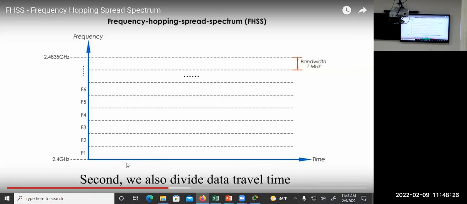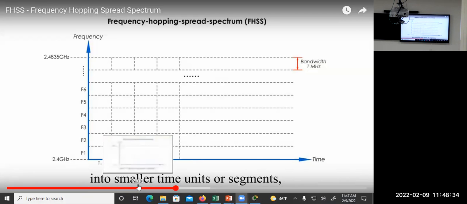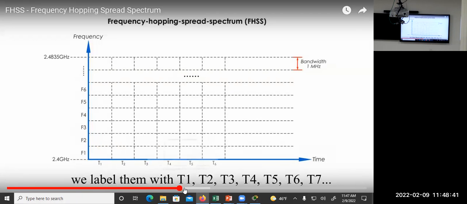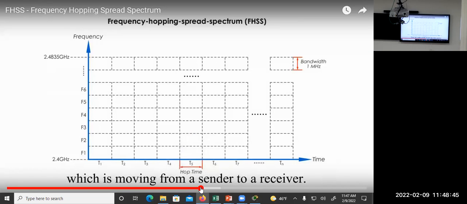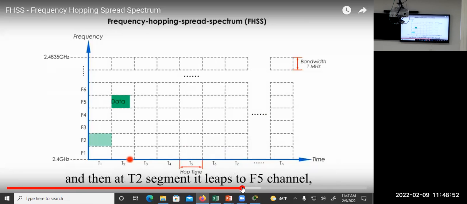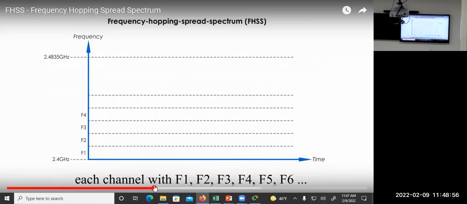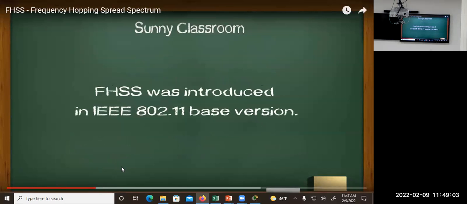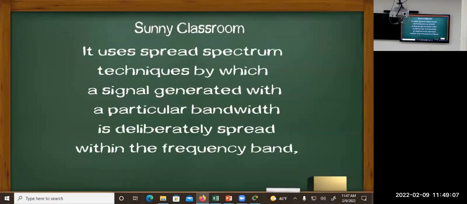SS works. Second, we also divide data travel time into smaller time units or segment frequency channels. With skip that demonstrate how data travel T1 T2 each time. Now, to see the data instead is much like a mind. The data F5 channel just one data segments. 5, 6. First, spectrum technique introduced in 802.11 base version. It uses spread spectrum techniques by which a signal generated within a particular bandwidth is deliberately spread within the frequency